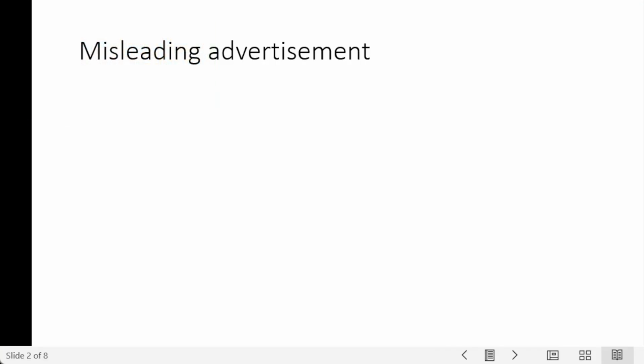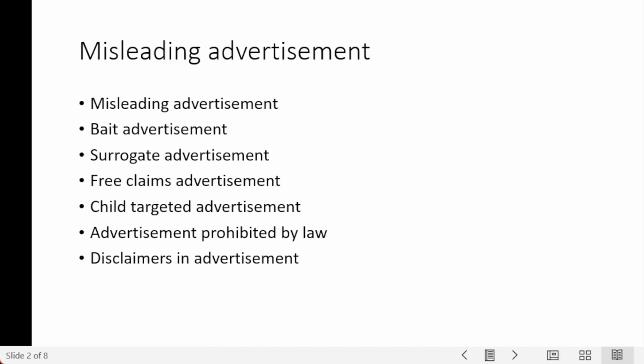So, when we talk about misleading advertisements, we have a lot of things to look into, like bait advertisements, surrogacy, free claims advertisements, child targeted advertisements, advertisements prohibited by law, and disclaimers. A lot of things have to be looked into, but this episode exclusively deals with misleading advertisement, the meaning of it, and the do's and don'ts of the advertisers, what they should do. With this information, as a consumer, we would be able to understand the ethical, proper advertisement and differentiate it